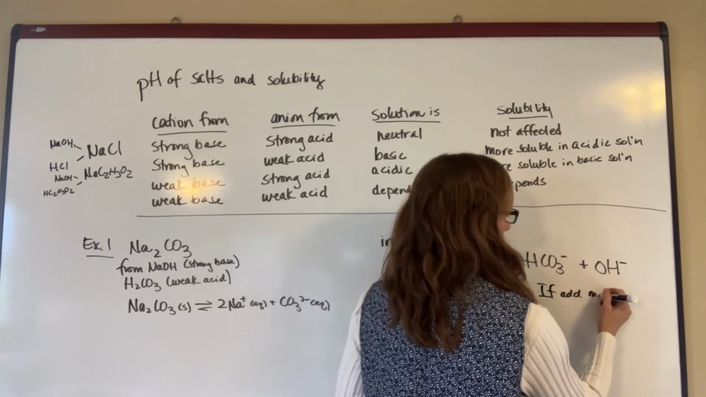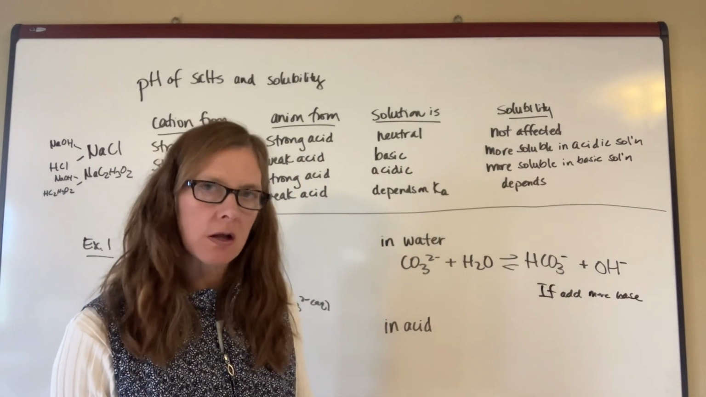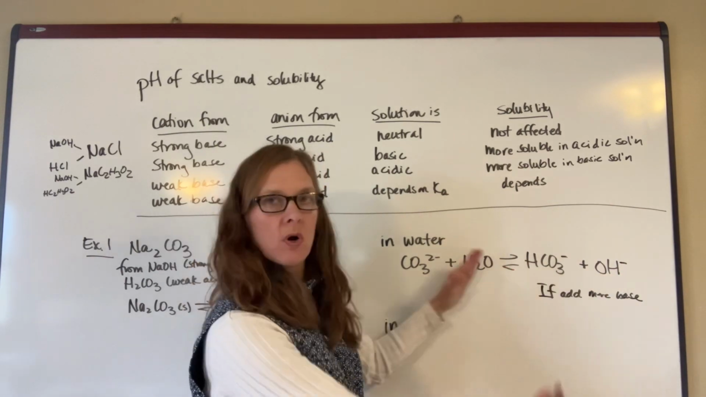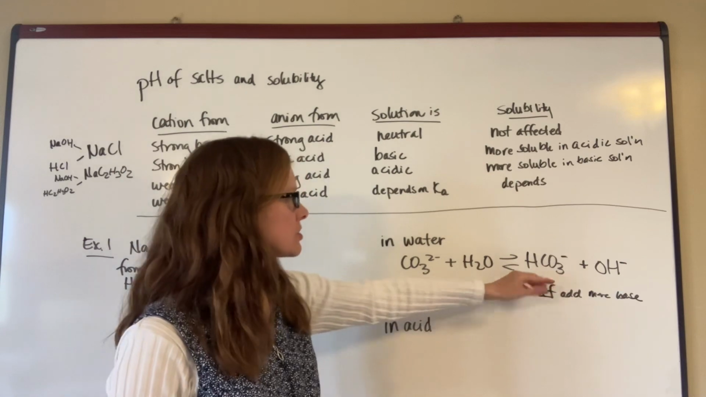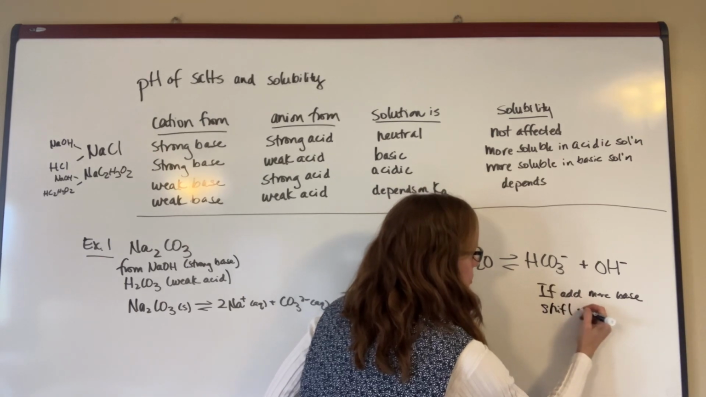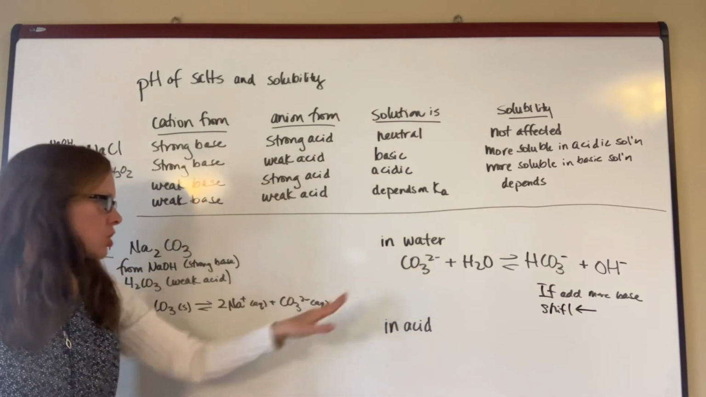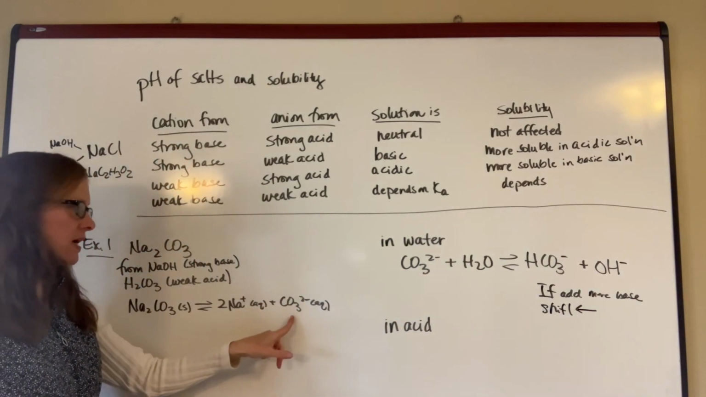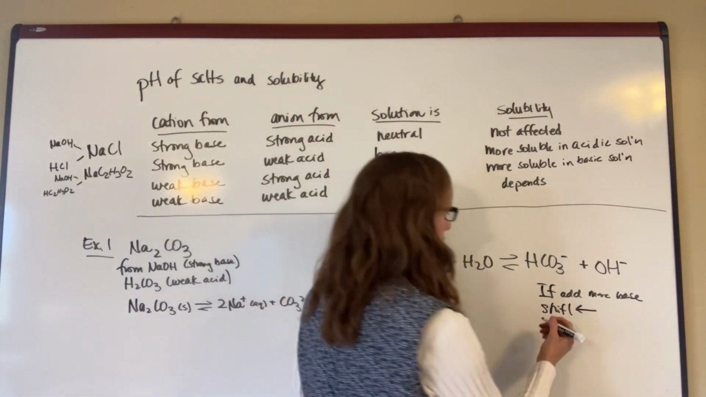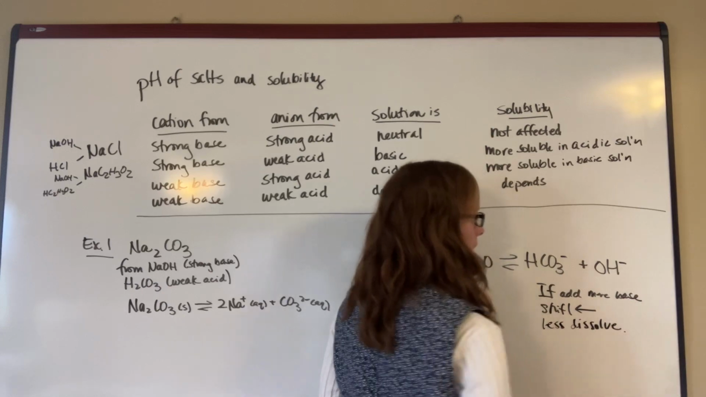What happens then if I add more base to this solution and I make the solution basic? Well, if you remember Le Chatelier's principle from your first year course, if I add more of this, the equilibrium wants to shift to try and get rid of it, and so it's going to shove the equilibrium back this way. So the shift goes back to the left to make more carbonate ions, which then in turn, if I have more carbonate ions here, this shifts this equilibrium back this way. And so therefore, I ultimately am going to have less that's going to be able to dissolve